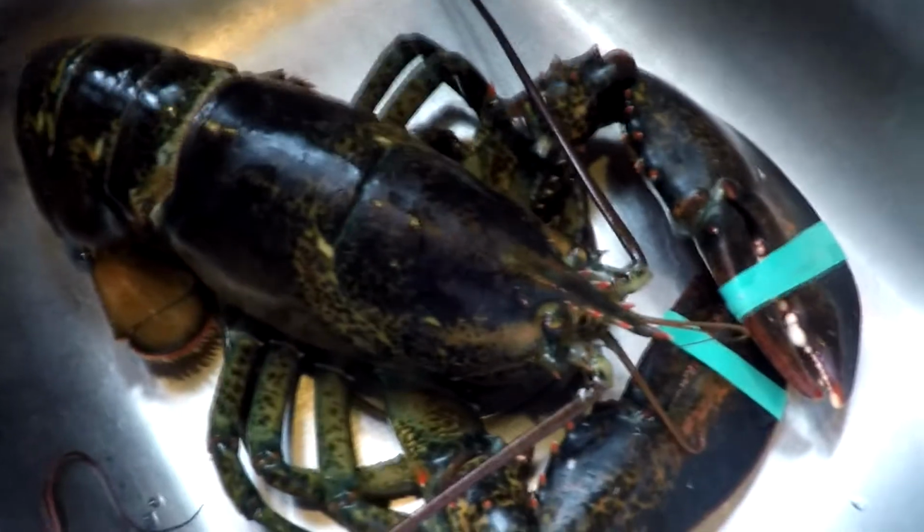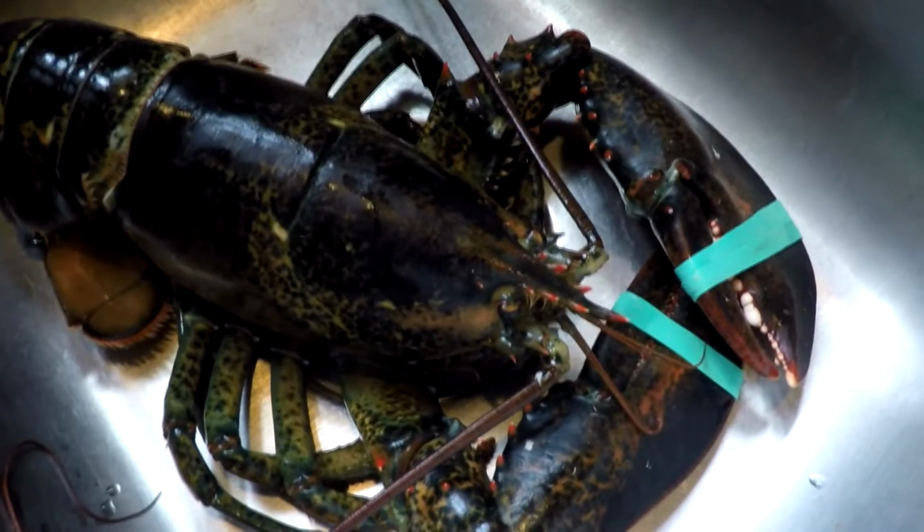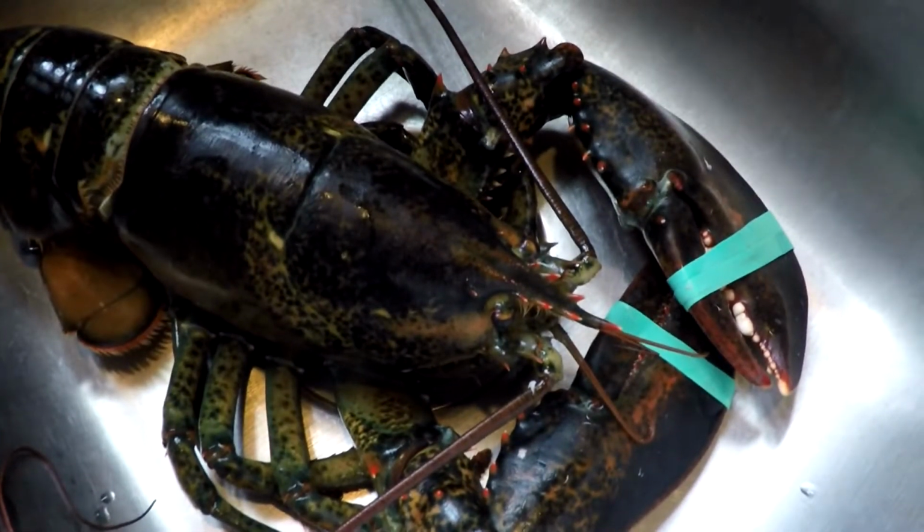We're going to do something new today. We're doing something called Cooked to Death. Now my victim, so to speak, is going to be this little guy in here. Actually, he's not a little guy. He's almost 3 pounds. And it is a live lobster that I got today from the local market, and I'm going to make something